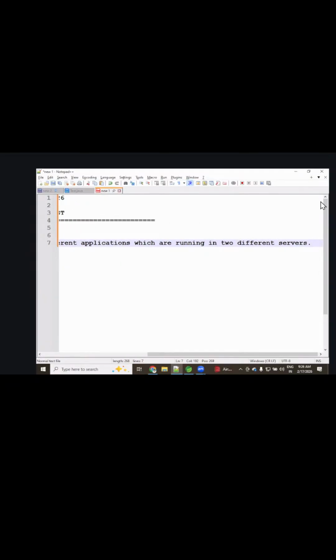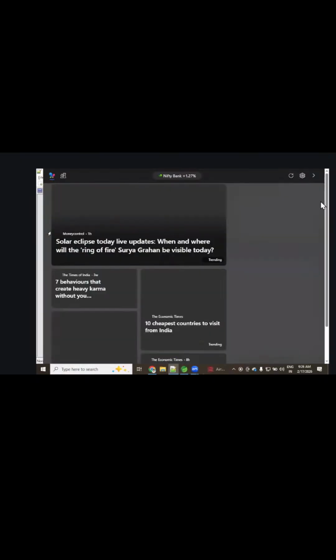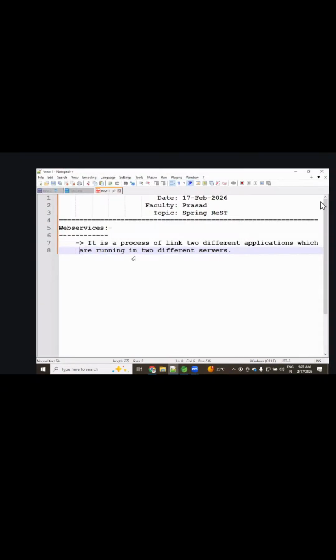One minute, let me do the word wrap. So what do you mean by web services? It is a process of linking two different applications which are running on two different servers. I hope you got the clarity.